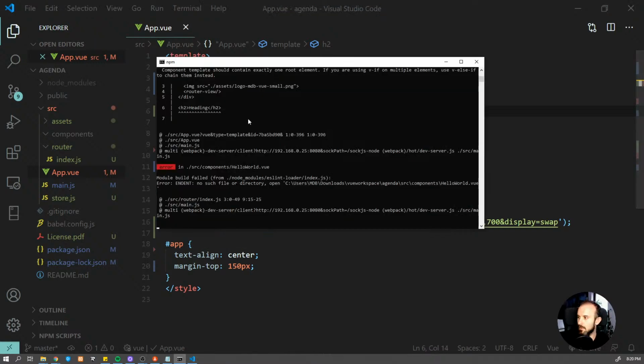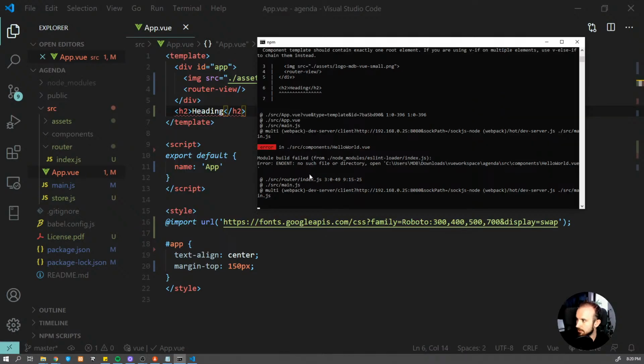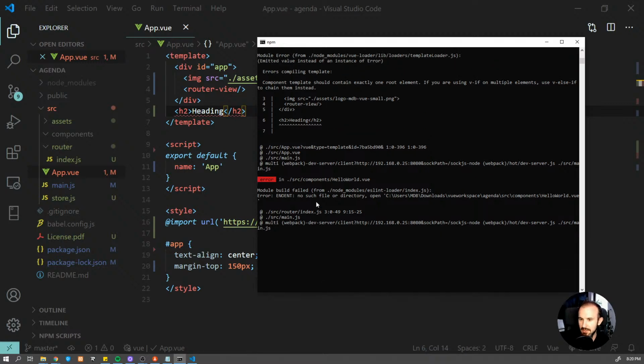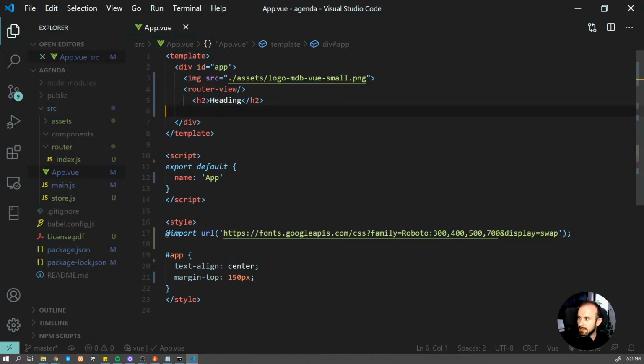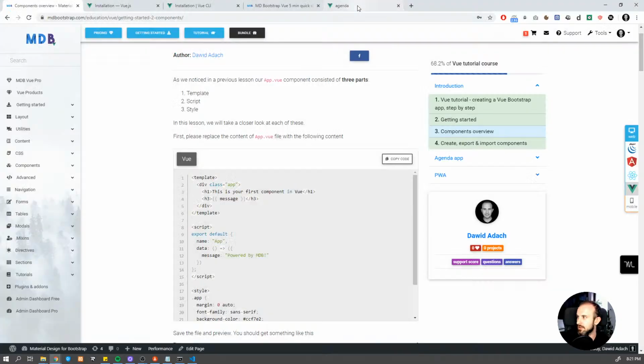what's gonna happen is that I'm gonna get this error here. See? This ng-serve option is automatically compiling our code and showing us all the issues, all the errors which are happening. So it complains that this template should contain exactly one root element. So this is what I was just telling you. Now we have these two elements, div and a heading, and it's complaining about this one. So we have to put our h2 heading inside our div. And if we check a preview here,